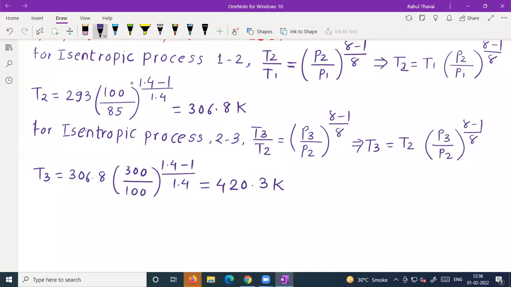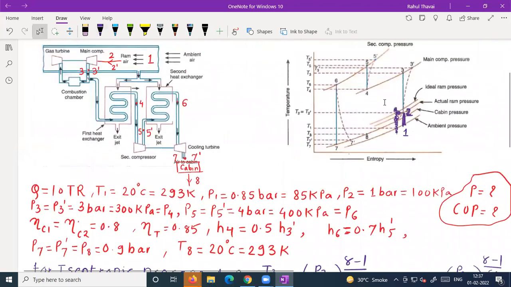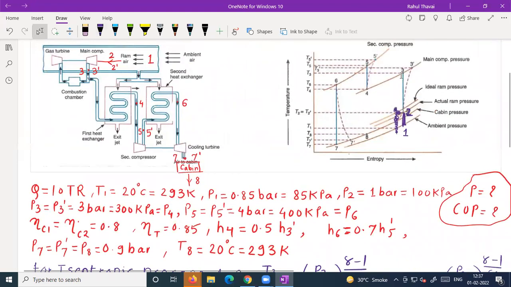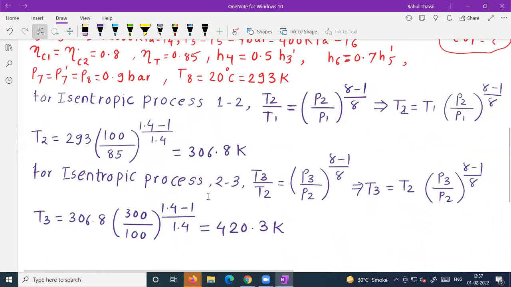Now see, we got T3, right? Because 1 to 2 was isentropic compression, we applied this relationship between temperature and pressure. Similarly, 2 to 3 was again isentropic compression, so we applied the relationship between